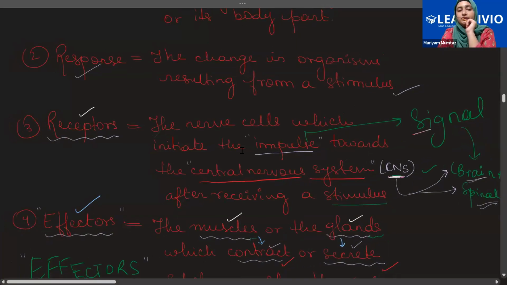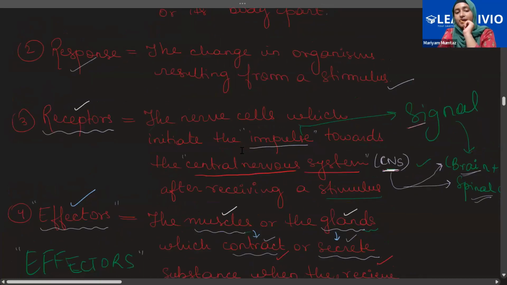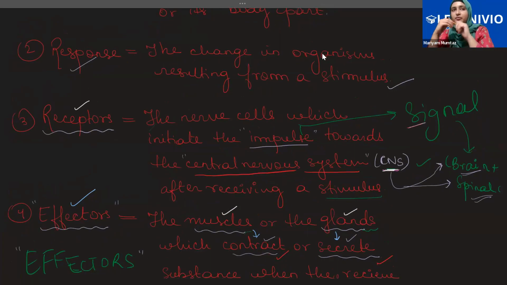All right. So now the next thing is receptor. We can sense that a stimulus is being provided, or any change is happening, because of the presence of certain receptors in our body. These receptors are nothing but the nerve cells in our body, very specialized nerve cells. What they do is initiate impulses. Imagine it like initiating a signal. Whenever any stimulus has been received, it creates a signal,